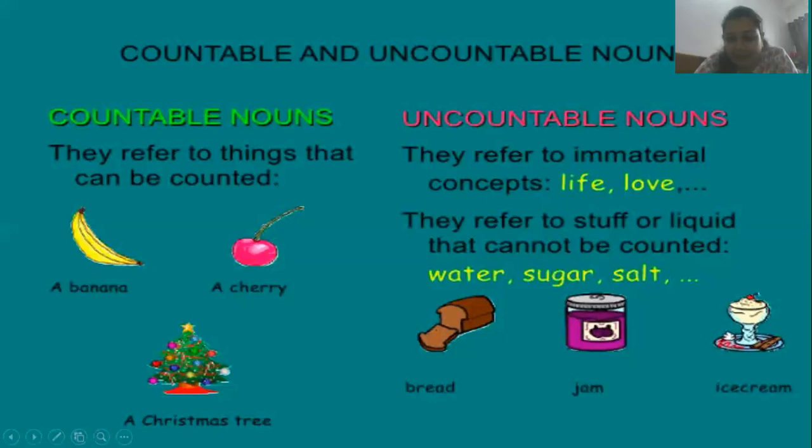On the other hand, if we talk about uncountable nouns, these refer to such things which we cannot count in number. यानी कि हम उनको number में count नहीं कर सकते. Though we do have uniform measurements to count or to measure their quantity, we cannot count them in number. For example, things like bread, jam, ice cream, water, sugar, salt, oil. इन सबको हम नंबर में काउंट नहीं कर सकते, though we have the uniform measurements in which we can measure